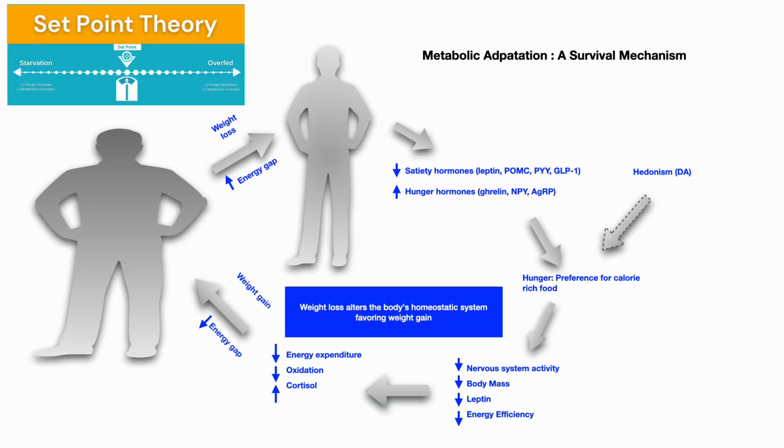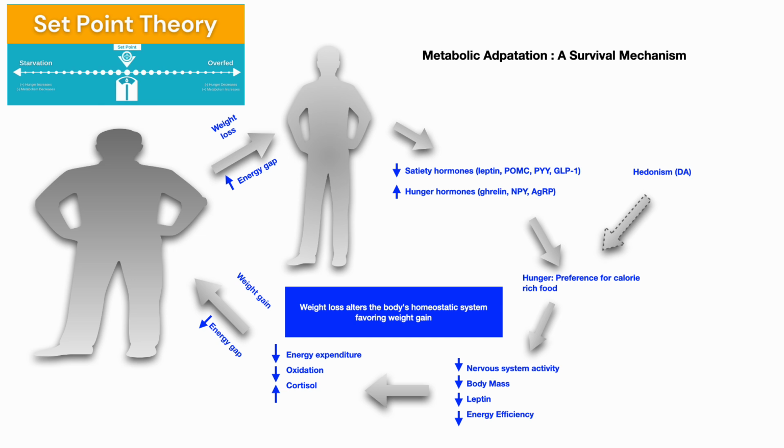Now, we have what is called the set point theory. What is the set point theory? That you always have a set point that is predetermined, or we call it a set fat mass. So the way it happens is that whenever you have an energy gap, so your desire is to go for weight loss, so you're abstaining from food, there is an energy gap. You don't have enough energy to sustain your daily living. For example, a male would need 27 calories per kilogram per day. A female would need 25 calories per kilogram per day. So that is the minimum to sustain living.